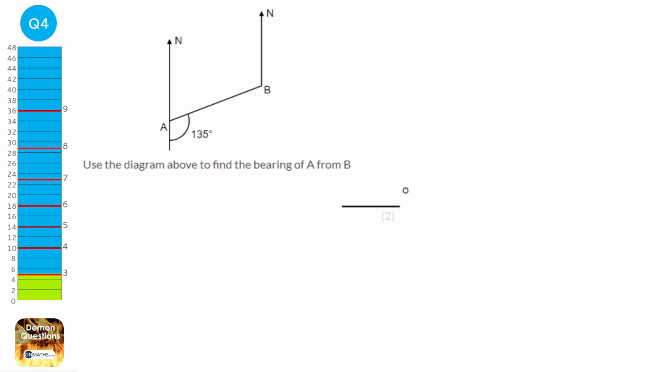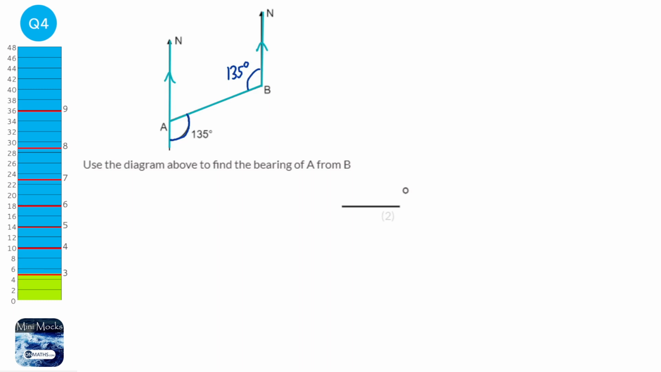Whenever you have north lines, they will always be parallel. So what we have here is we have a straight line going through two parallel lines, which are our two north lines. And therefore this angle here is going to equal this angle here. And the reason for that is that the two angles are alternate, they're Z angles. So we can say that that is 135